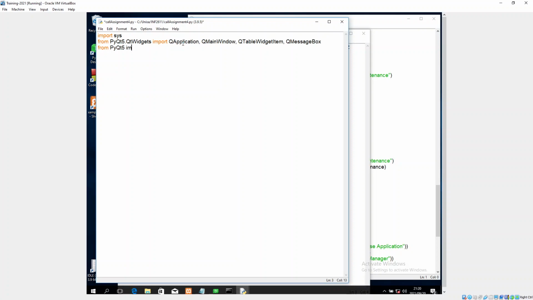pyqt5 import QtCore, QtGui, QtWidgets, and our final one is QtSql, which is also new. Okay, mustn't put it all in caps, it's just that QtSql. Here I'm putting in import